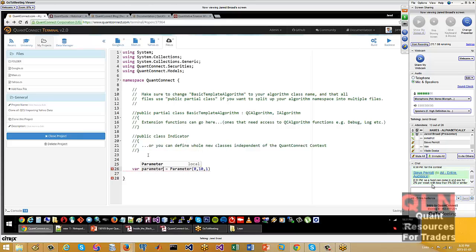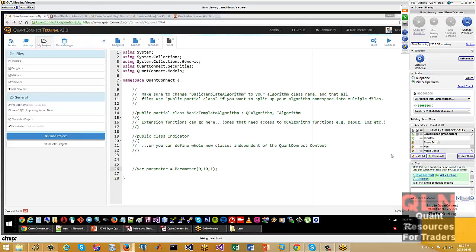Another question from Steve. A fund can come in and ask for 2% per week and less than 5% drawdown or similar. Right, yeah, for the contest, they can set the parameters and desired drawdown. Then they can crowdsource it, look at the results and the equity curve, maybe interview the quants and then pick the best one. From our experience, hedge funds don't want a strategy, they want a quant. A strategy only works for a month or 2 months until it needs to be tweaked and optimized.